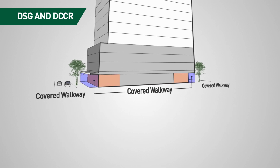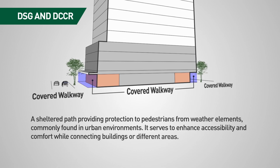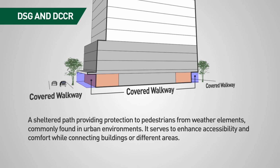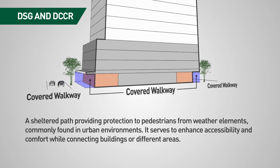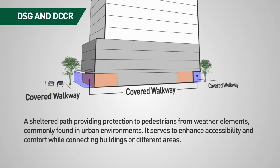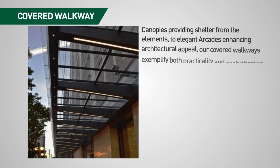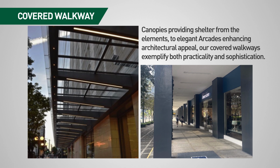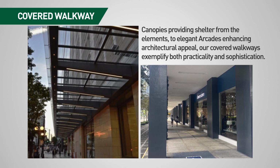And the covered walkway. A covered walkway is a sheltered path providing protection to pedestrians from weather elements commonly found in urban environments. It serves to enhance accessibility and comfort while connecting buildings or different areas. From canopies providing shelter from the elements to elegant arcades enhancing architectural appeal, our covered walkways exemplify both practicality and